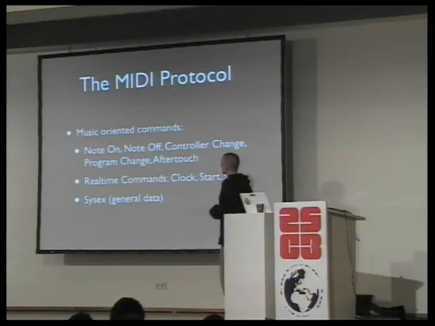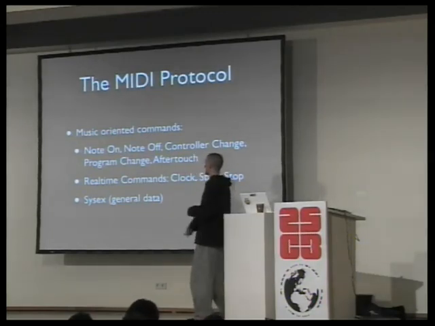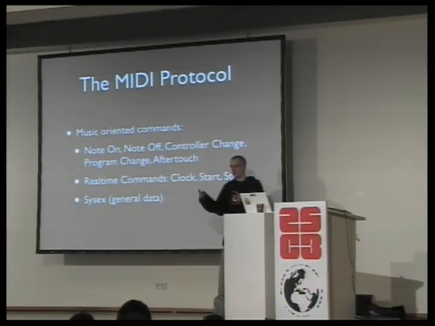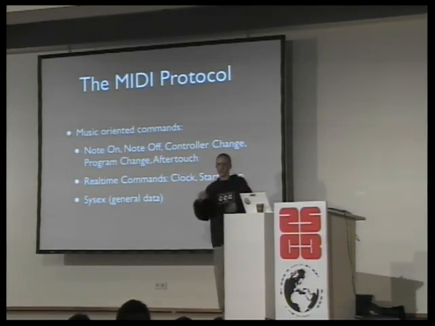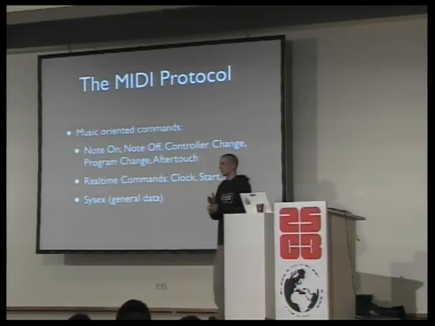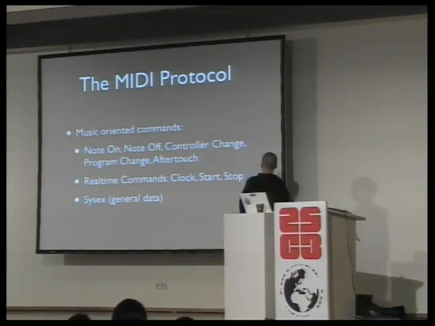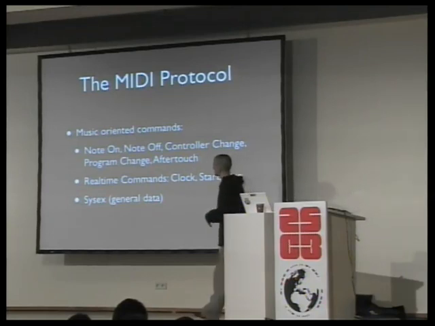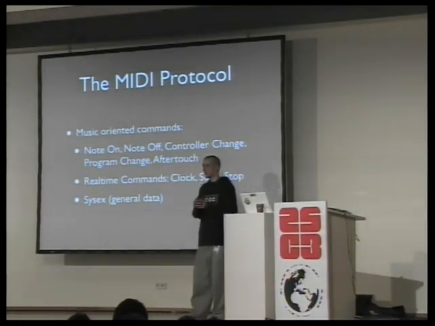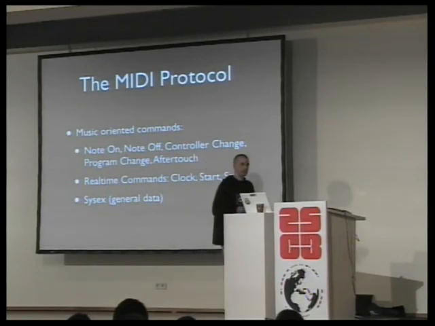But then you have real-time commands, which are called real-time because they have a high priority. So it's clock messages, for example. If you have something called a sequencer, which is basically just a program that sends back stored information, it's going to have to be synchronized to, for example, another sequencer, so that they don't start to play out of phase, out of rhythm. So it sends a lot of these clock messages regularly on the MIDI cable, and it's used to synchronize sequencers, for example. You have start and stop messages, and then actually the most interesting kind of message for hacking is system exclusive, which is just: this is a bunch of bytes, do whatever you want with it.